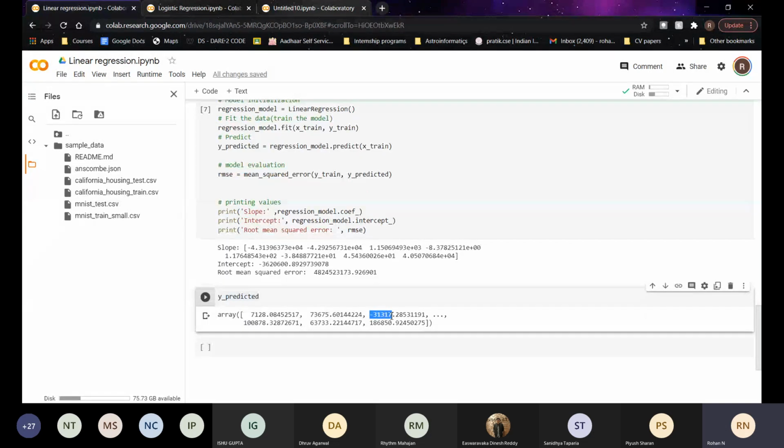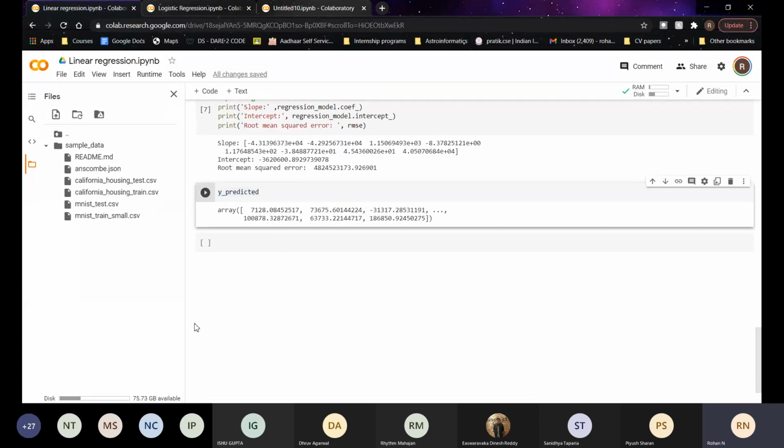So these kinds of values are what cause the error to jump up to such a high level. I'm done with the linear regression demonstration. So if you have any doubts regarding this, you can ask me now, or you can type it in the chat.